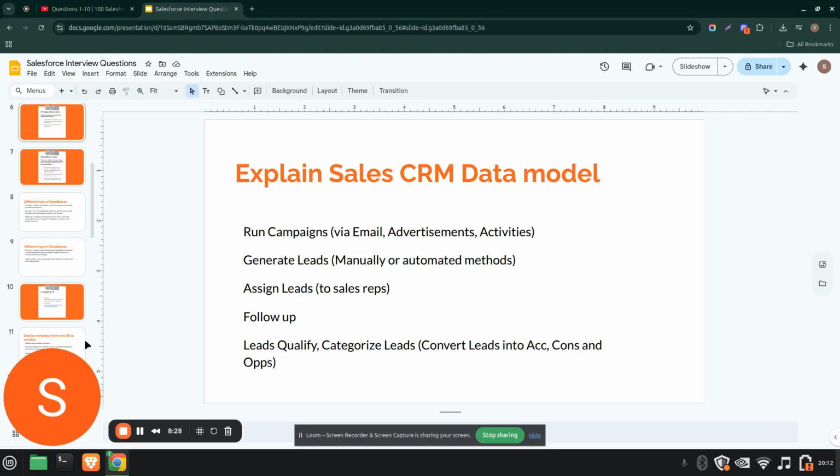You say this is a marketing qualified lead or a sales qualified lead, and we are good to go with this lead. So you categorize it or you convert it, converting leads into accounts, contacts, and opportunities. Then you again talk to them or go with the sales process, and you close the deals. So that's what you call the sales process for the CRM data model.